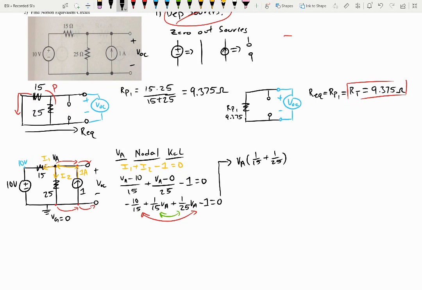We're just factoring out the V of A. This will be 1 plus 10 over 15, which would be 15 over 15 plus 10 over 15, which will give us 25 over 15. Okay. So then now if we were to